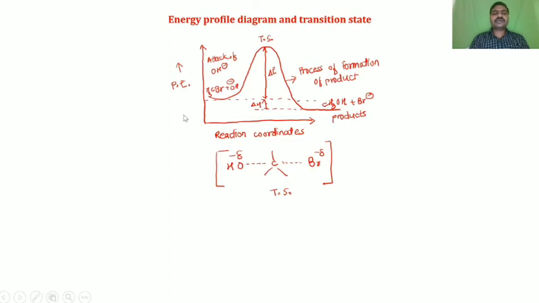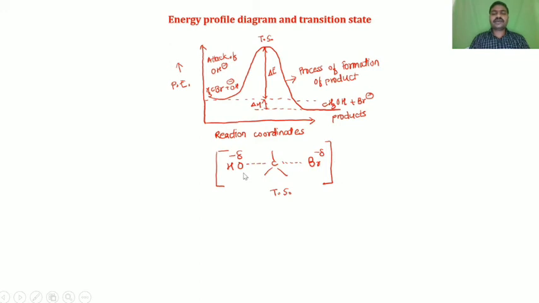Now the energy profile diagram and transition state. This is the energy profile diagram for the SN2 reaction. Here the nucleophile attacks the starting material, then the transition state forms, and this transition state collapses into the formation of products. Here you can see the energy of activation required for the formation of the transition state. So this is the energy profile diagram of the SN2 reaction. This is the transition state, which is high energetic,